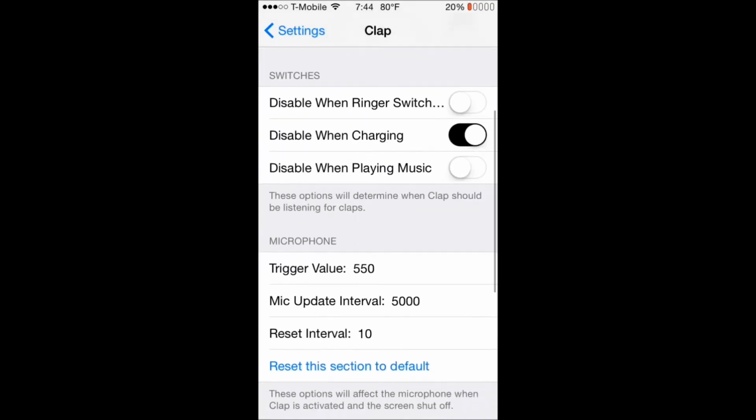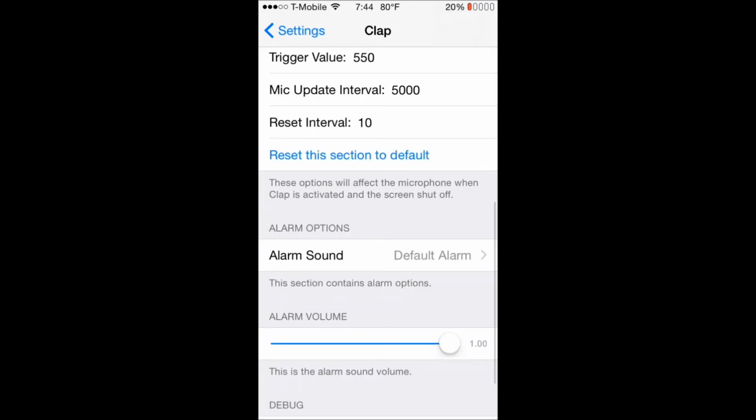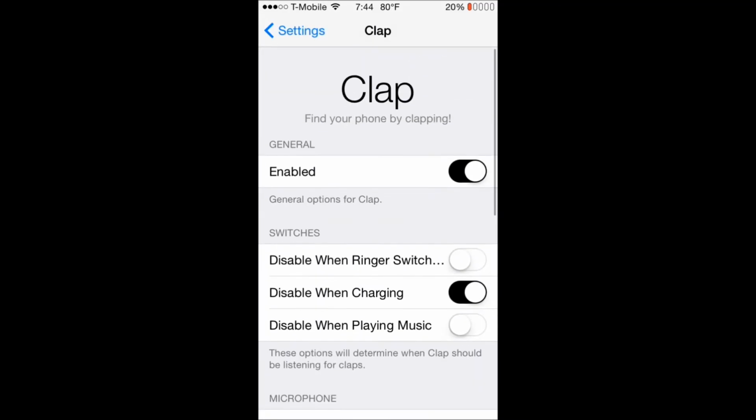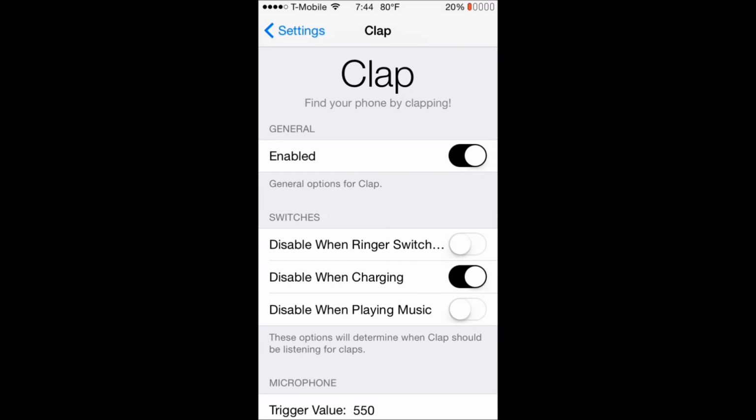So I'm going to show you guys. I'm just going to leave it right here. I'm going to clap a couple times. That's funny. You have to give it a second. And most of the time it's going to be on the lock screen, so